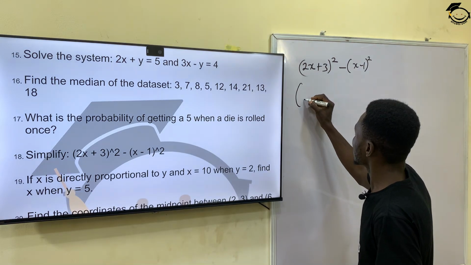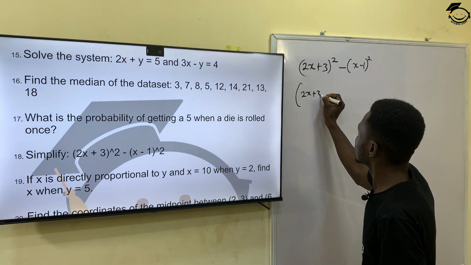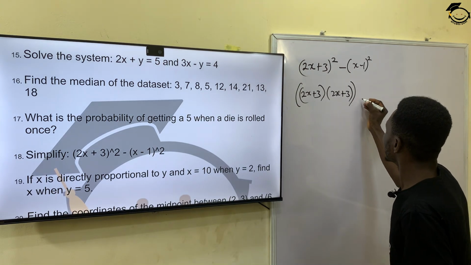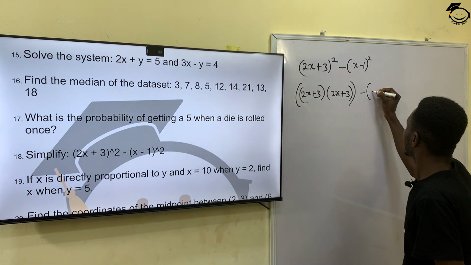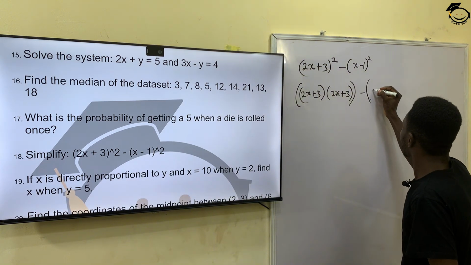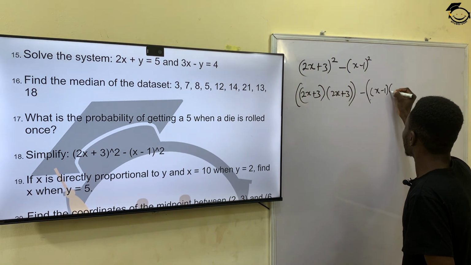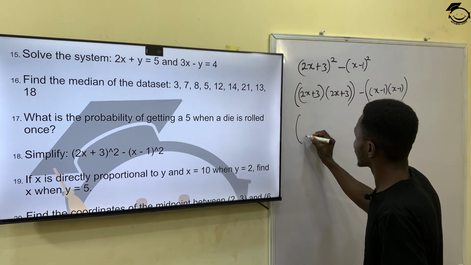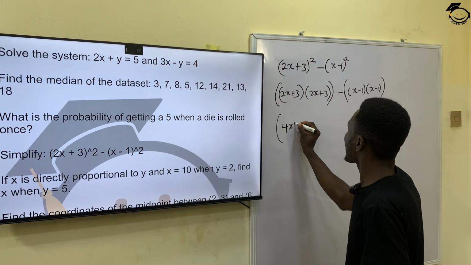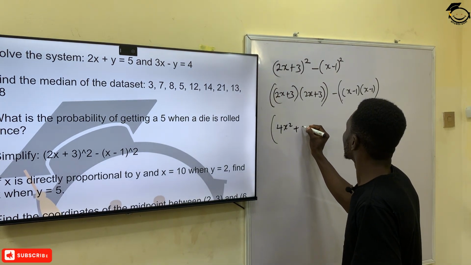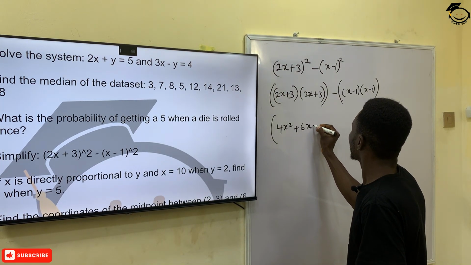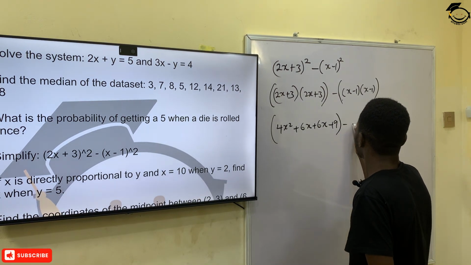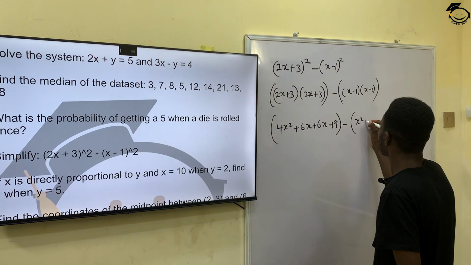So if you want to expand, this will give me (2x + 3)(2x + 3), and I have minus a bigger bracket, and then I have (x - 1)(x - 1). So this will give me 4x squared plus 6x plus 6x plus 9, minus, this will give me x squared minus x